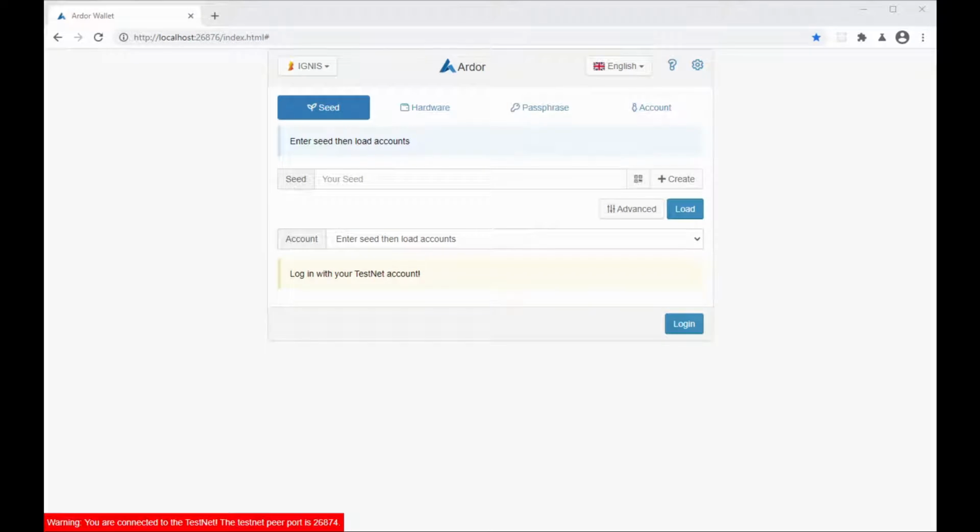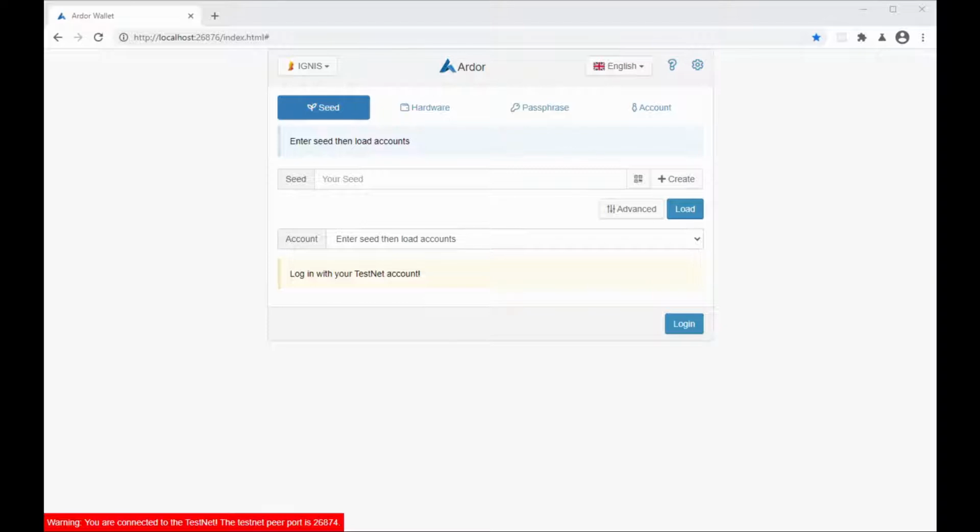So let's go back to the wallet, and let me show you a quick introduction of the wallet and the different built-in features. The first screen that you see here is the login screen, where you can create a new account if you don't have any, or you can log in with an existing previous account.